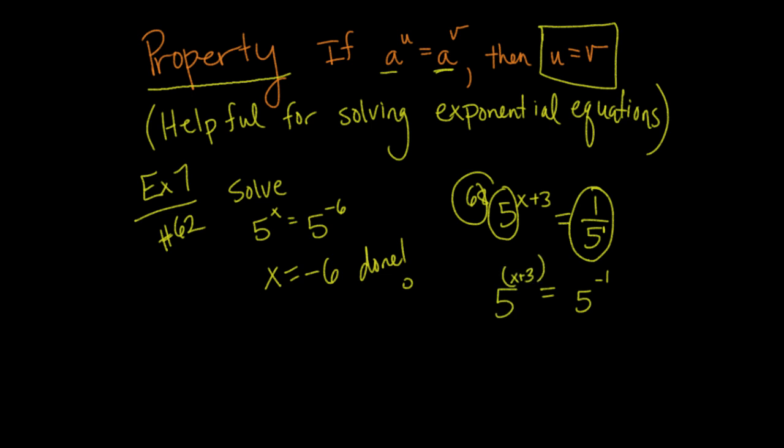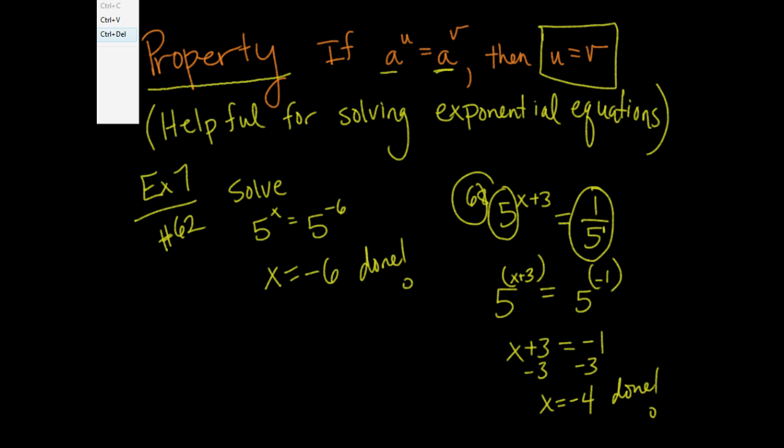So now, do you see that our bases are the same, therefore the exponents must be the same? x plus 3 is equal to negative 1. Subtract 3 from both sides, x is equal to negative 4. Done! Yay! Okay, let's look at number 69. So I gotta clear up a little space. So number 69,